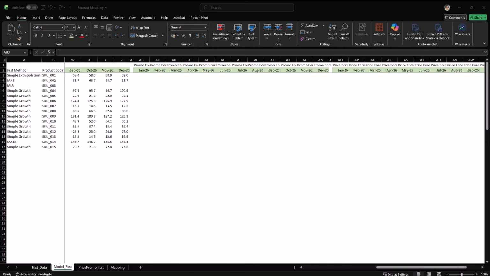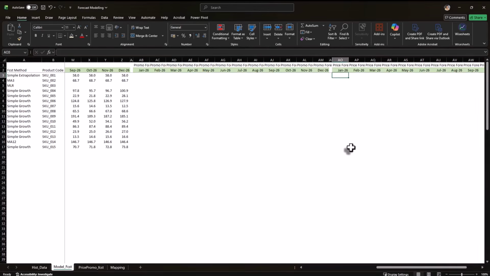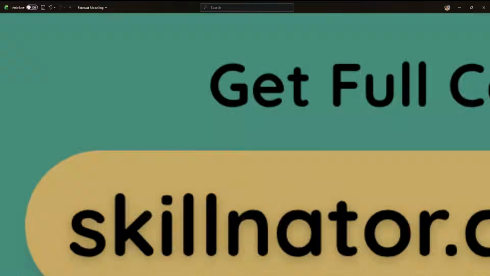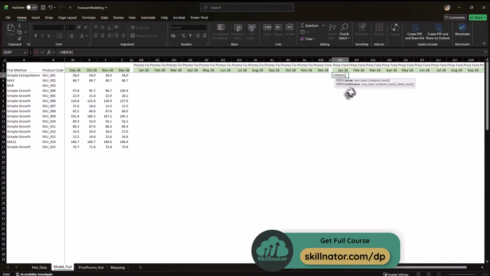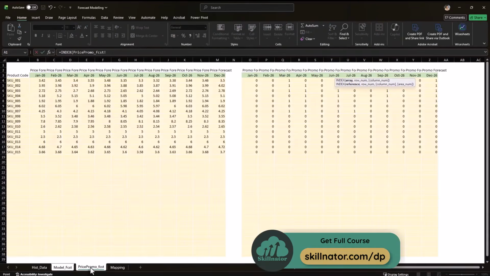Let's go step by step. Let's say I want to bring in the value for price forecast for SQ001 for the month of January 2026. I will write the index function, and in the first argument of the index function, I will define the range